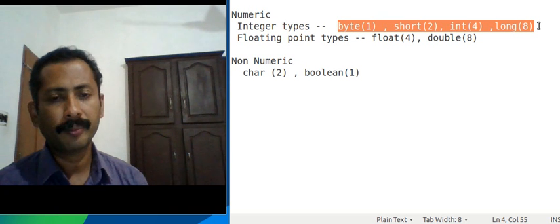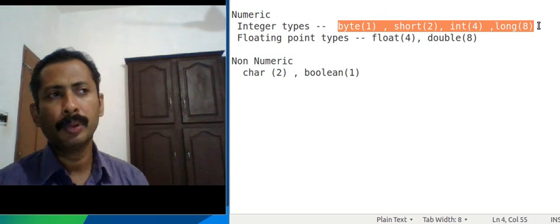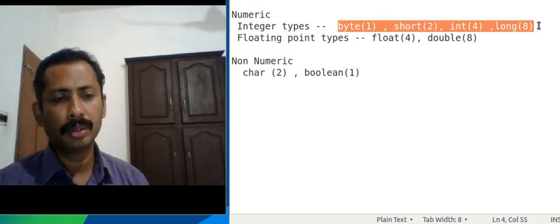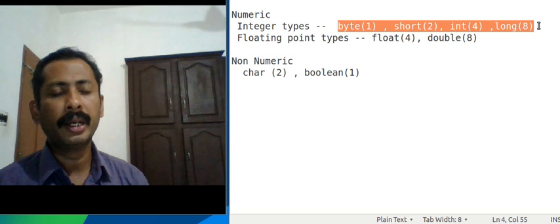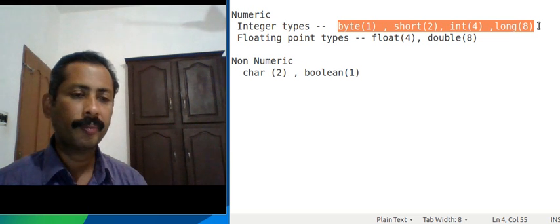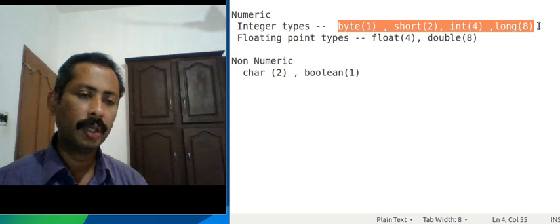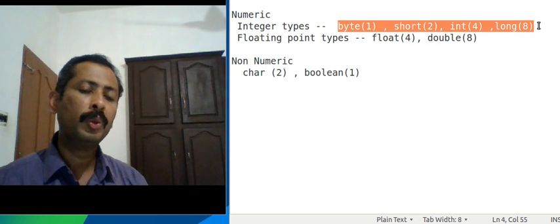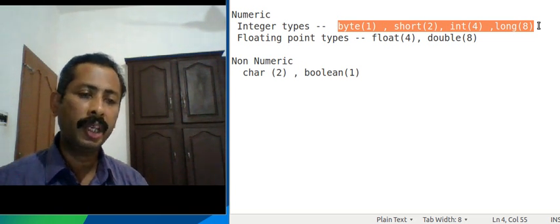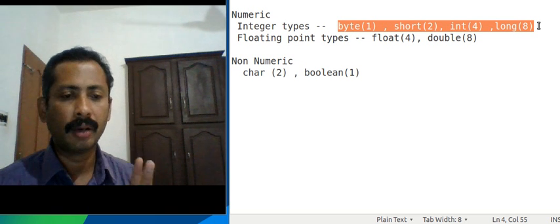This is because Java supports Unicode. Java supports Unicode format. It means it can support characters of multiple languages, and so Java supports internationalization. And 2 bytes are allotted for representing each character in Java.